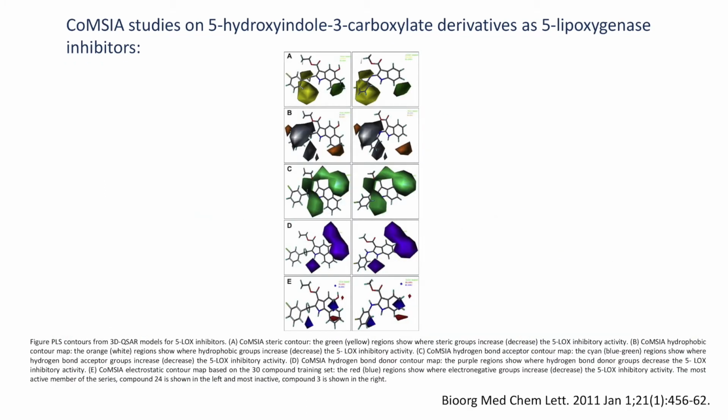Similarly, in COMSIA also, there are different colors, different ways of representing the functional groups, and based on this COMFA-COMSIA data we have generated, we can modify the compounds in such a way that they have higher binding affinity against your target protein. Now we know what the different types of computer-aided drug design methods are that can be used